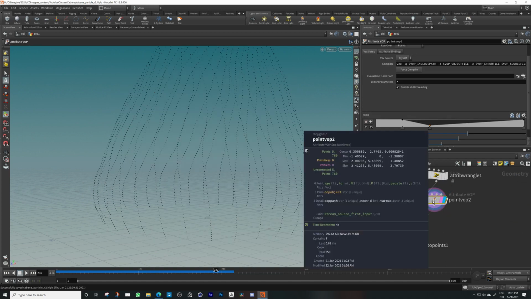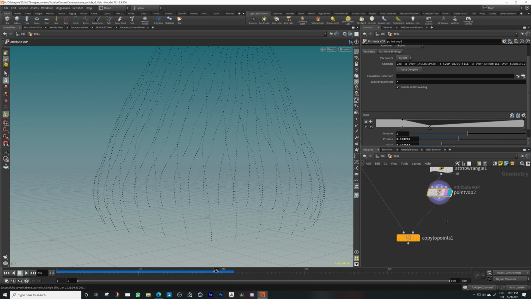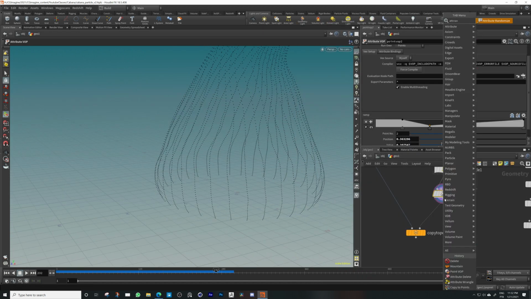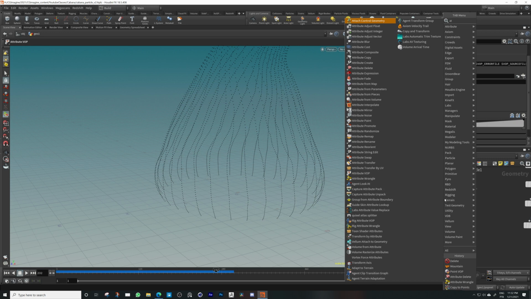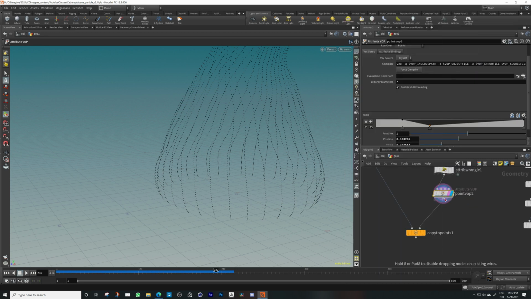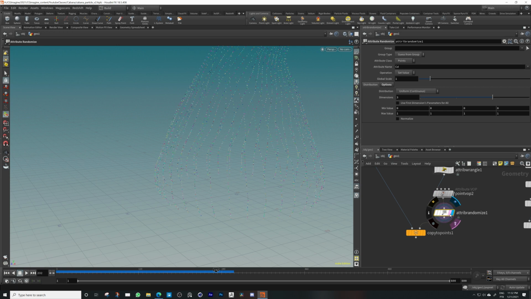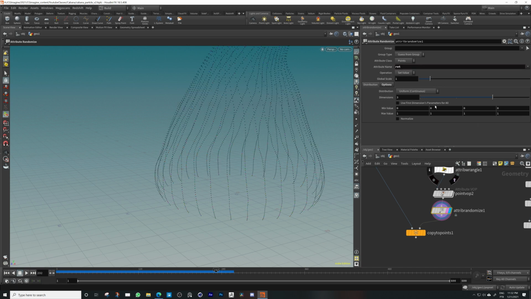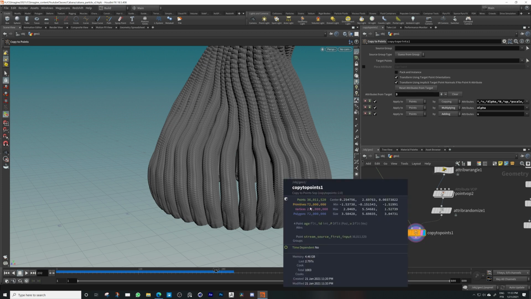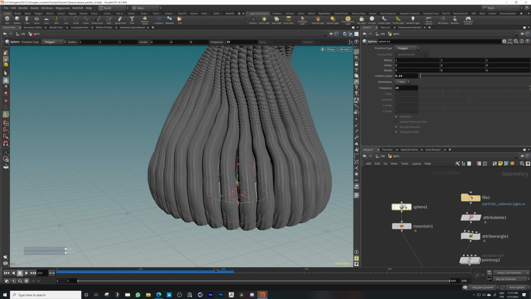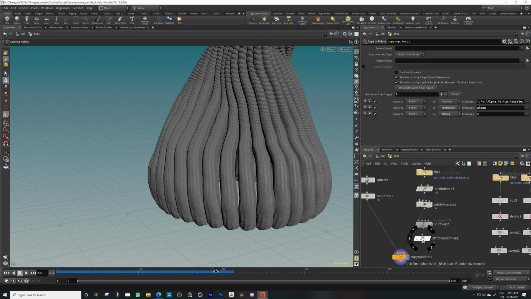Okay. So let's randomize the rotation. Let's do an attribute randomize. So we want to randomize the rotation. So let's do that. Now it's randomizing the color, the Cd, but we don't want that. We want to randomize the rotations. So, okay, let's see. We have a lot of primitives, 72 million, 260 million vertices. So let's reduce the frequency to something smaller, like 12. Now we have,